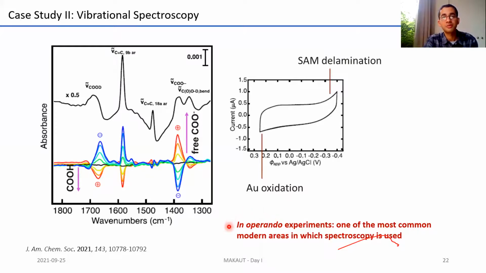That kind of experiment, when you study spectroscopic properties in tandem with the performance of the device, is known as an in operando experiment, and these are crucial when you're doing your field reports or class reports on spectroscopy. It would be worthwhile reading up a bit about in operando experiments and some of the common in operando experiments that are done in the literature now.